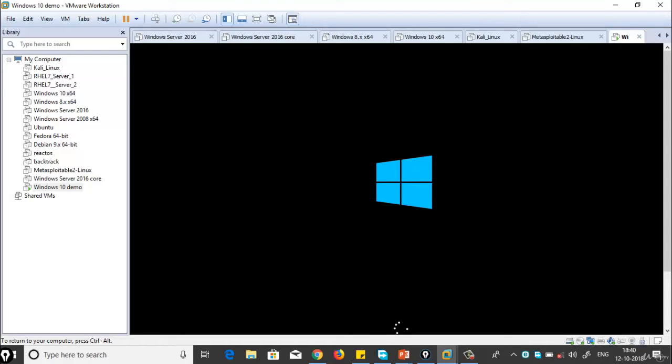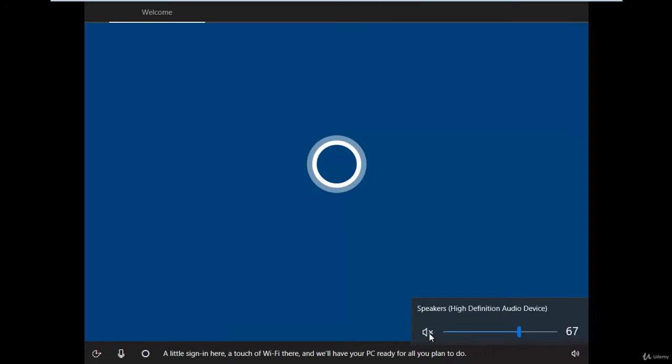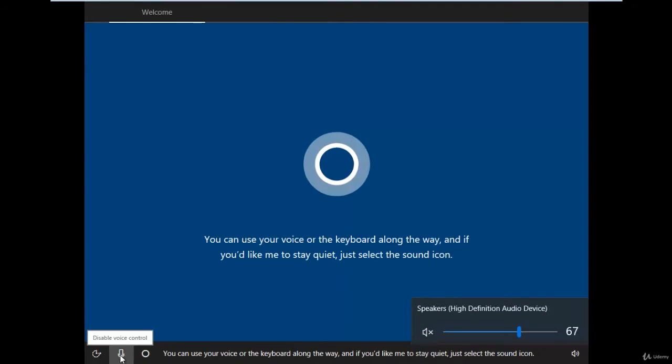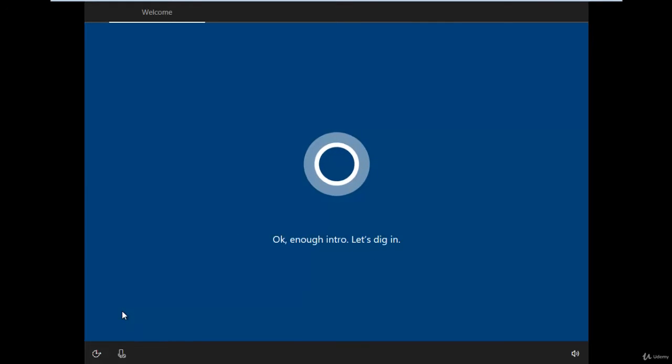It will take a few seconds to load the operating system like Windows 8. Now Windows 10 has new features of Cortana and assistant features.